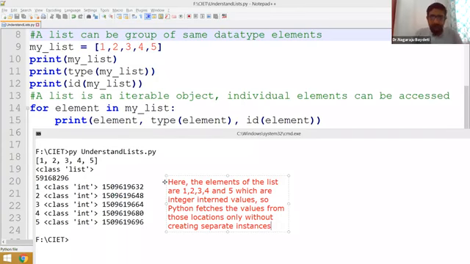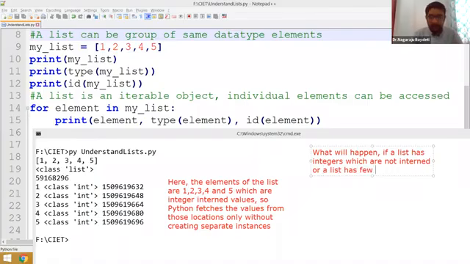Our next doubt should be, what will happen if a list has integers which are not interned, or if a list has a few integers which are interned and a few integers which are not interned.